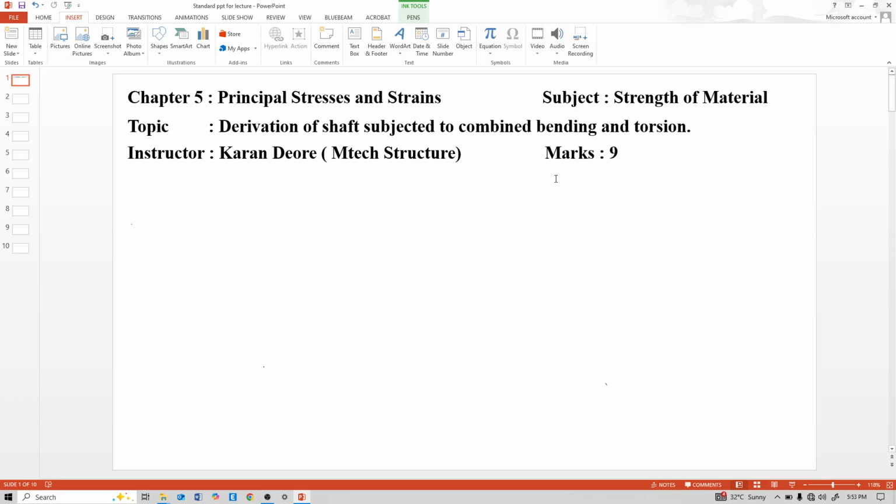First, consider a shaft subjected to the bending moment M and twisting moment T. That means this shaft is subjected to both bending and torsion. Bending moment by using the bending formula. We had seen in our previous chapter, bending and shear stresses, the bending formula. So this formula is